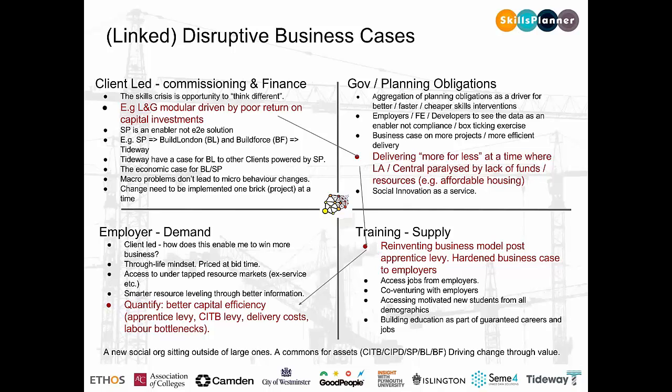So what this means is that implementing this change is probably not going to be about Skills Planner with a standalone value proposition, but the data ecosystem, being an outside-in change where you put something like Skills Planner with BuildForce, with Build London, with CITB capability, etc., in an asset-locked or a social organisation, a charity, a not-for-profit, a new organisation that is specifically focused on using these distributed value cases, these distributed and linked business cases,